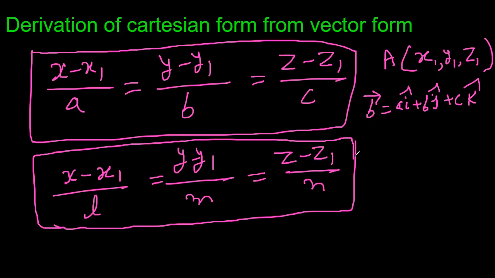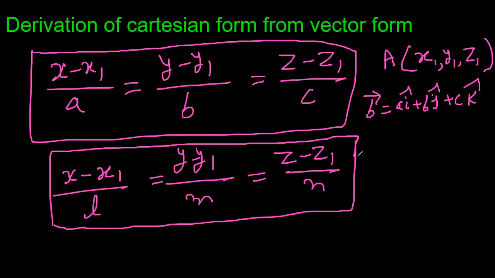About direction cosines and direction ratios, we have already learned. So direction cosines are proportional to these. You can multiply these three equations by lambda, lambda, lambda; these three terms are equal, so they will still be equal. So we can replace lambda a by L, lambda b by M, lambda c by N. So we can use either of these two equations to find the Cartesian form of any line